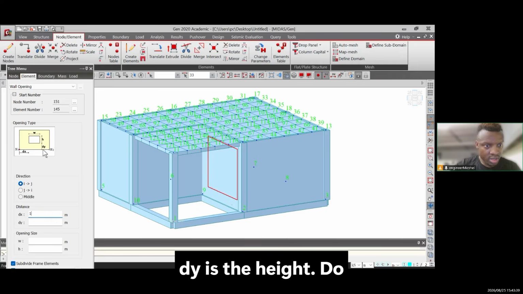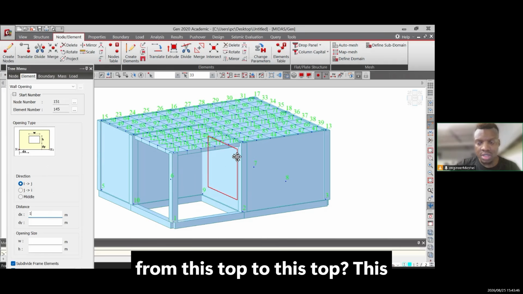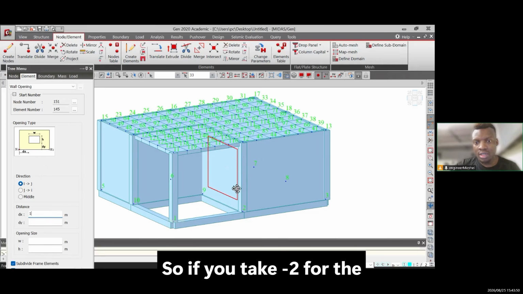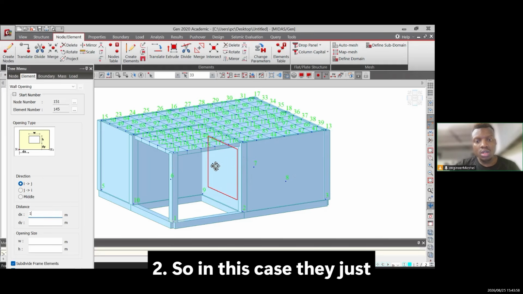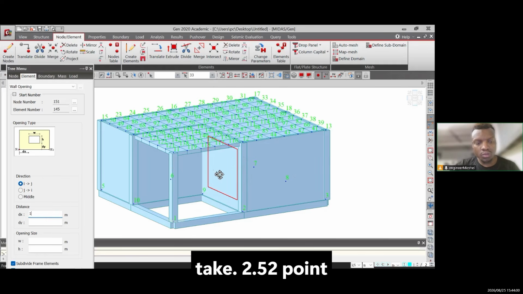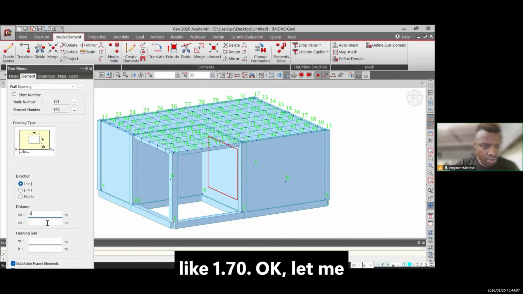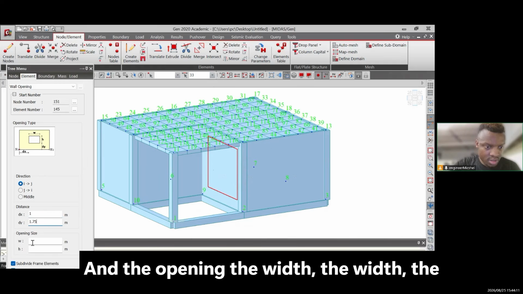dy is the height. dy should be the height from this top to this top. Since this is 4.5, if you take minus 2 for the height, it will become 2.5. So 2.5 divided by 2 is something like 1.70. Okay, let me just take 1.75. Okay, 1.75. And the opening,